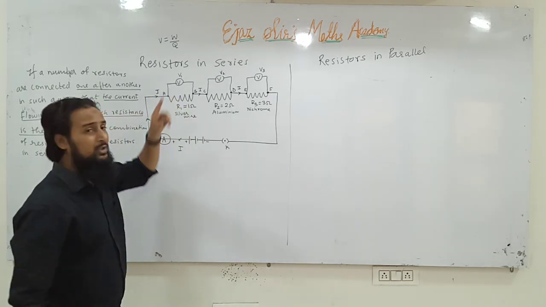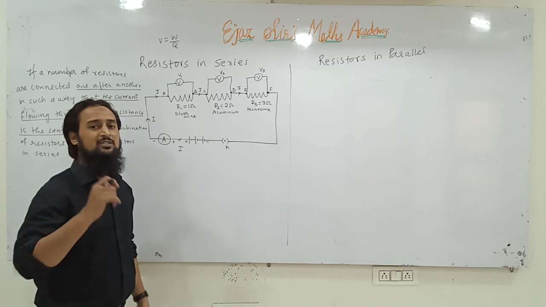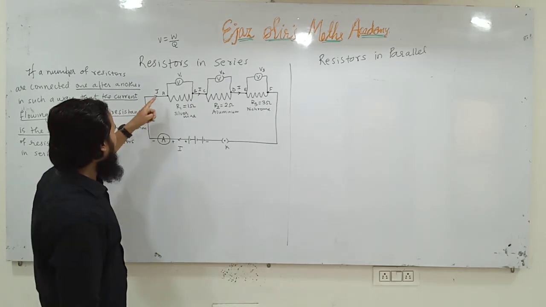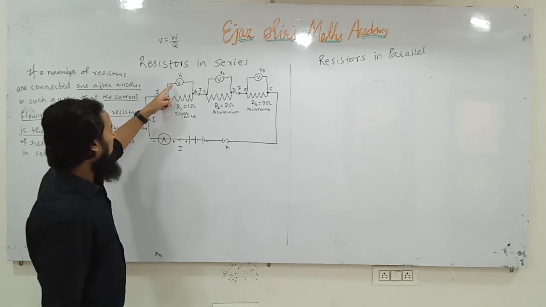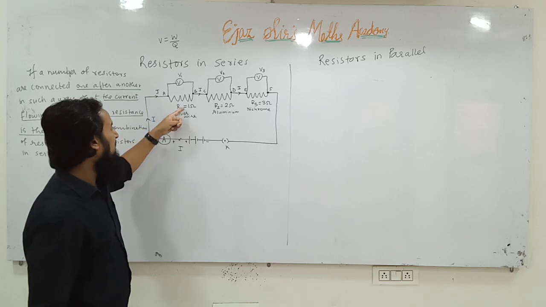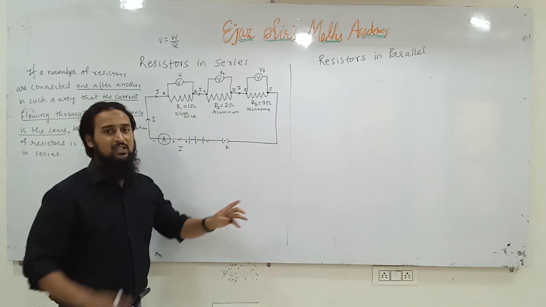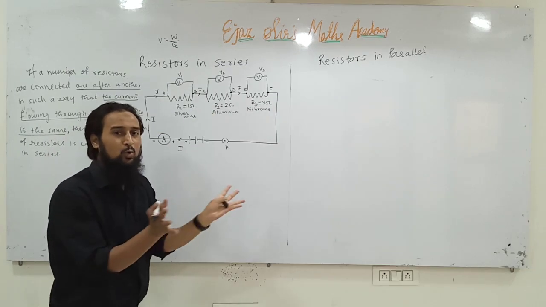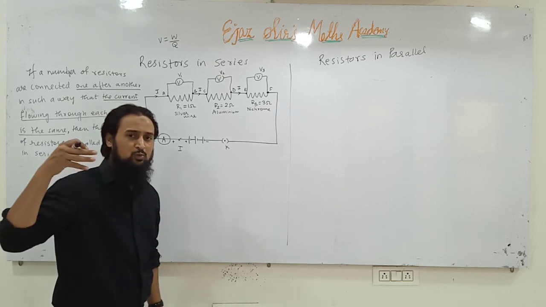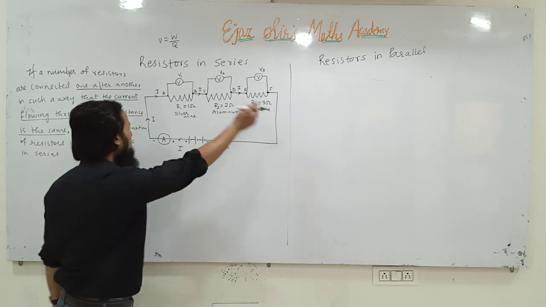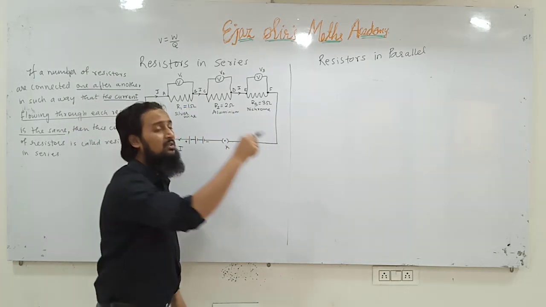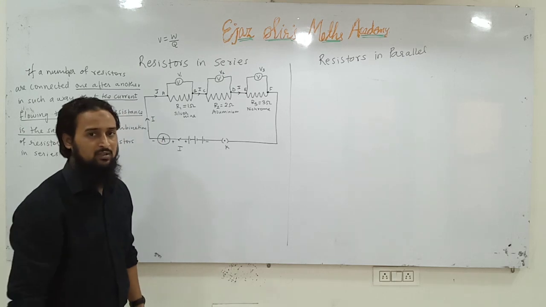The current cannot go into the voltmeter because the voltmeter is the best voltmeter in the world. It is the ideal voltmeter. So if current cannot go into voltmeters V1, V2, V3, all the current must flow through only R1, R2 and R3. Since the current does not have different paths to move along, it will have to flow through the same path. That's why the current flowing through R1, R2 and R3 will be the same. Will you remember it? Okay.